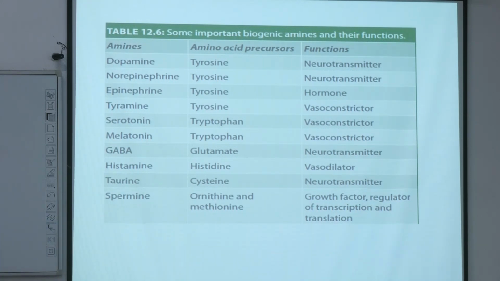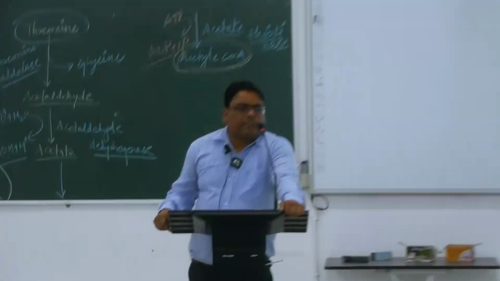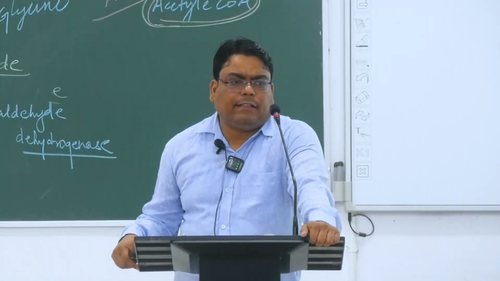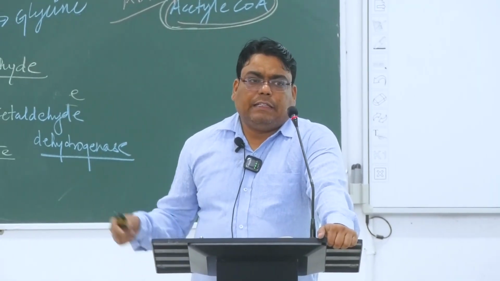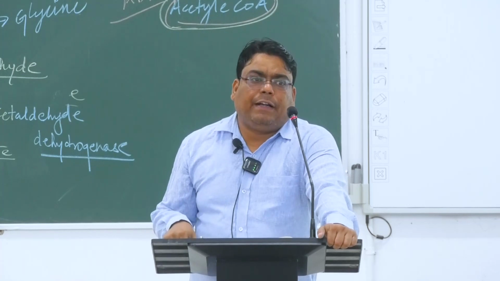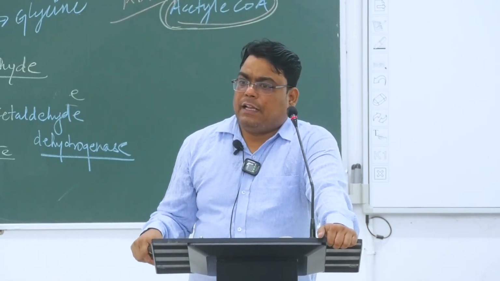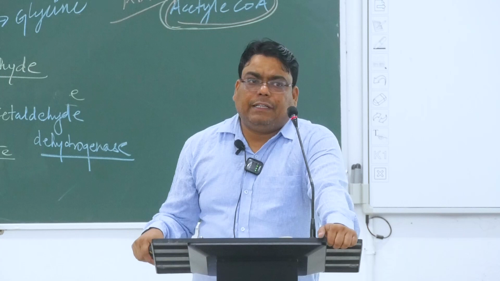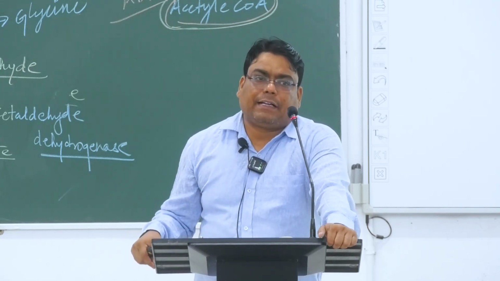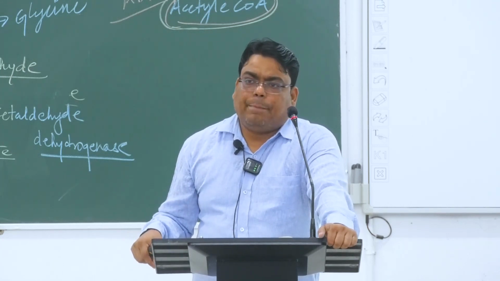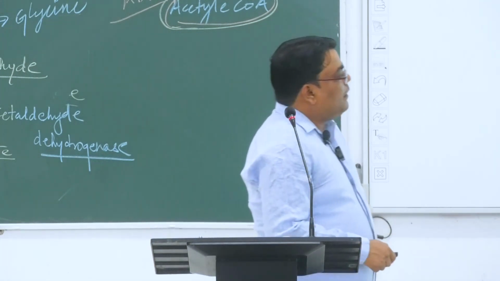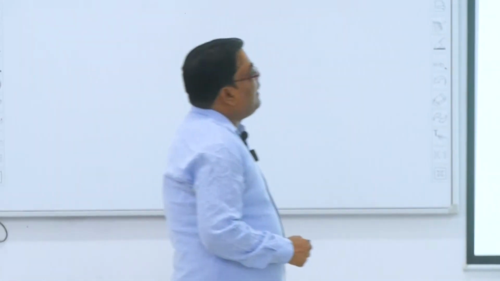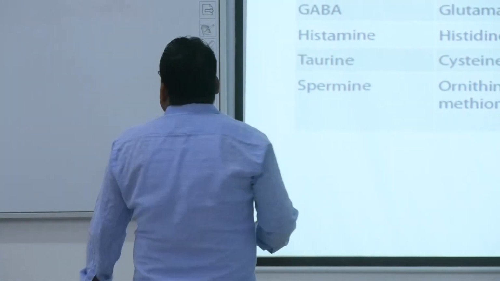How does this GABA function? If you know the physiological action of GABA, this is gamma aminobutyric acid. It acts on postsynaptic nerves, where it causes maximum entry of potassium ion into the neuron cells, and due to this hyperexcitability occurs. Hyperexcitability of such neurons occurs. Okay. So all these are what? These all are biogenic amines.